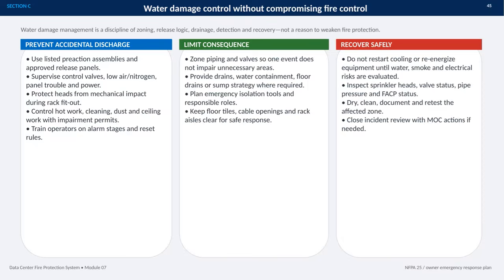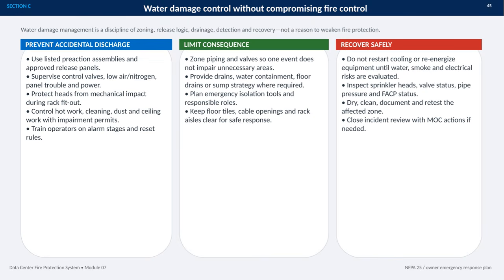Water damage management in a data center is not about weakening fire protection. It is a disciplined process for preventing accidental discharge, limiting the consequences of an event, and recovering safely. The goal is to control water risk without compromising fire control. First, prevent accidental discharge. Use listed preaction assemblies and approved release panels, and supervise valves, low air or nitrogen, panel